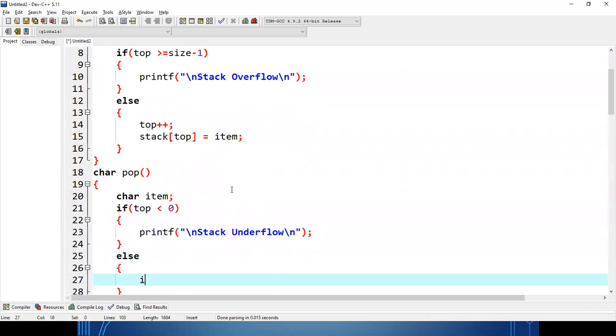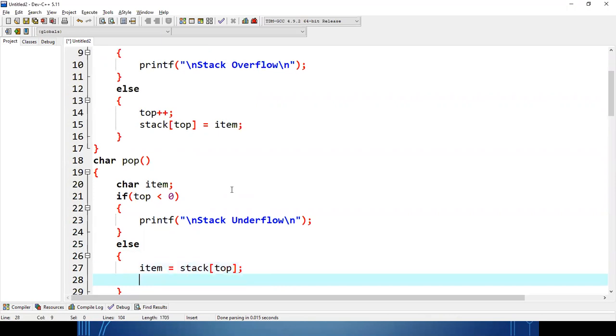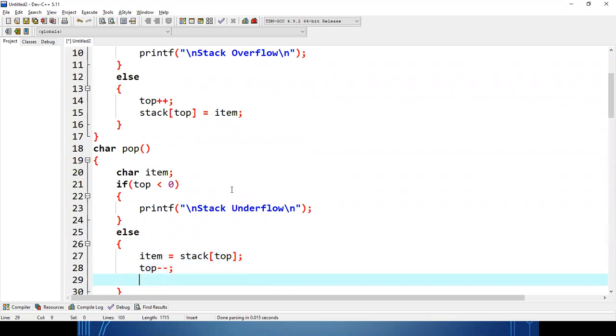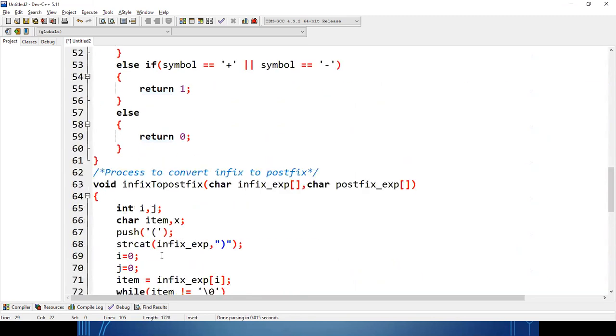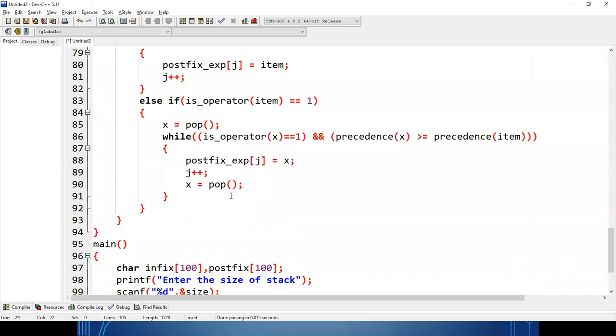Otherwise, item equal to stack top, and then top minus minus, return item. This is the use of the pop function. Pop will check stack underflow. If not, then the stack top character, symbol or operator, whatever you can say, will be returned to item, then top minus minus, then that value will be returned. And this is what we are writing here.